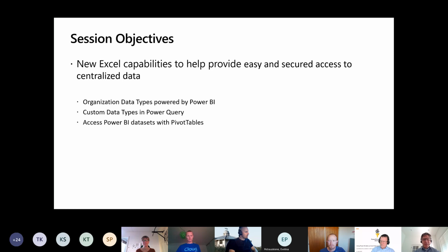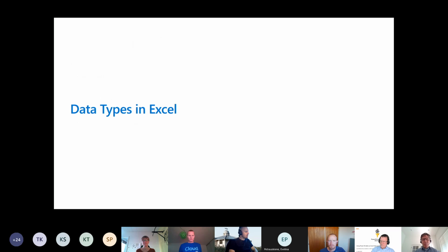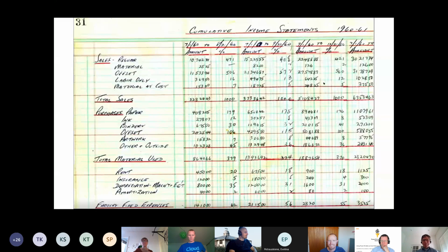Before I get started on this, I want to give you an introduction to data types in Excel, because that's actually a pretty big deal that is not only about what we're talking about in this presentation, but it's actually a very significant set of investments that we are doing in Excel in order to help people do more with Excel. In order to understand that, we have to go a little bit back in time, but not too much back in time, because if you looked at even to late 80s,